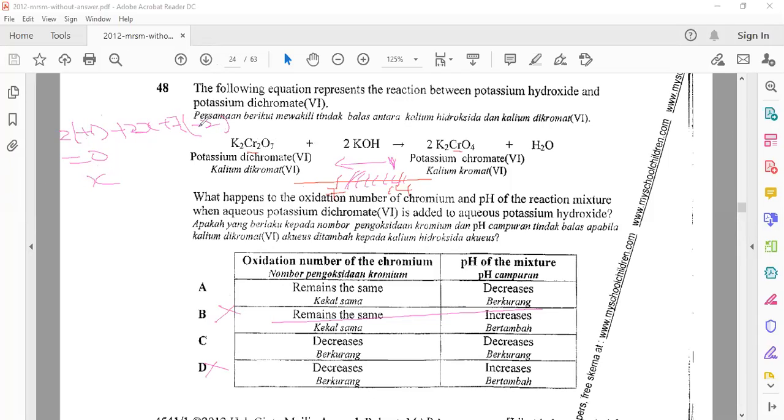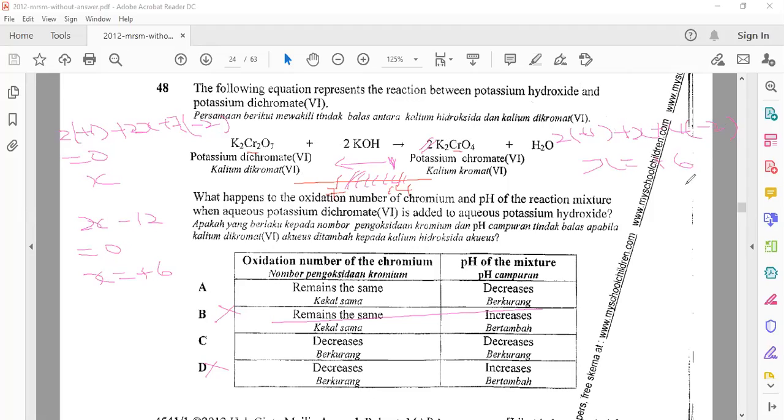Positive 2 minus 14, so you are getting 2x minus 12 equals 0. Agree? So x will be equal to positive 6. Now what about this? Ignore the 2. When you calculate, 2 times positive 1 plus x plus 4 times negative 2, so x will be equal to